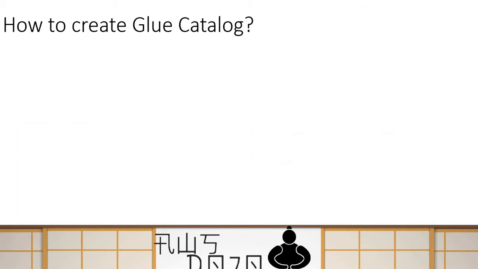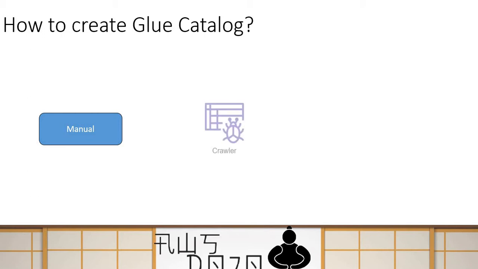Now, how many ways can I create this Glue Catalog? There are roughly 3 ways. I'm not going into detail today, but one way is you can manually register your data. So you can say I'm manually creating a schema, and this is the location of my data. You can use AWS Glue Crawler to automate the Glue Catalog creation, and this is the most popular way of doing it because